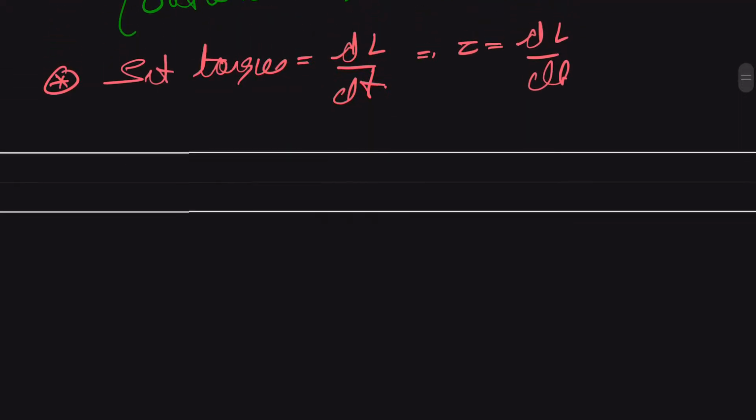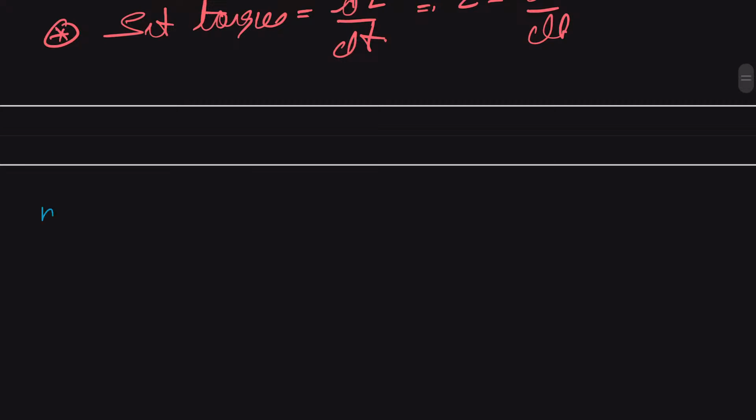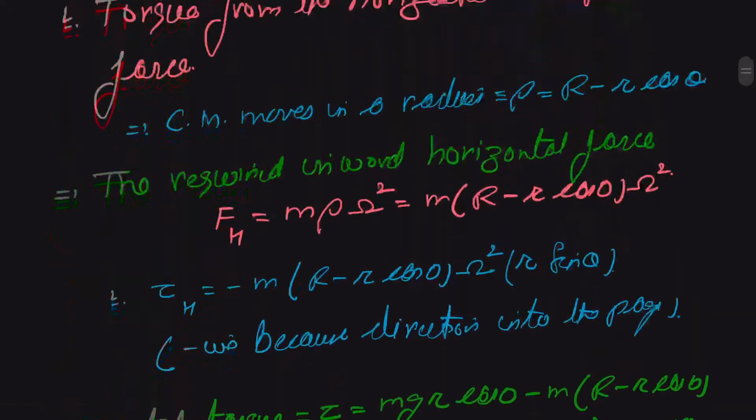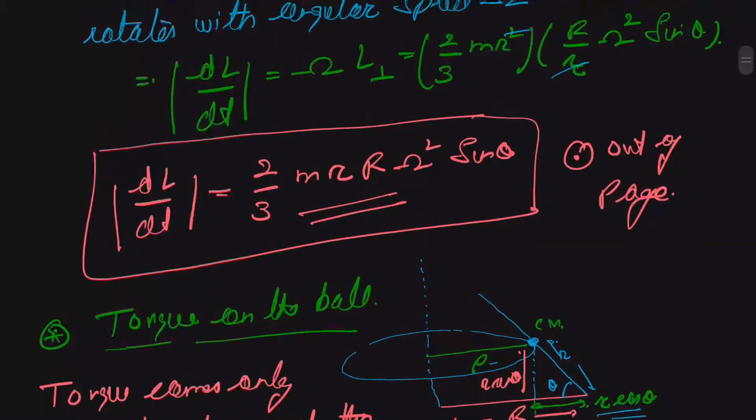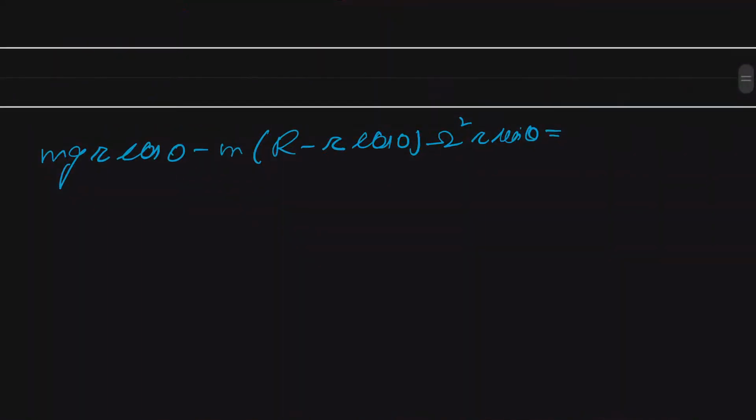So we substitute it, we have our mgr cos of theta minus m R minus r cos of theta omega square r sine of theta is equal to, and dl by dt is 2 by 3 m r r square sine of theta. So this is our 2 by 3 m r r square sine of theta,